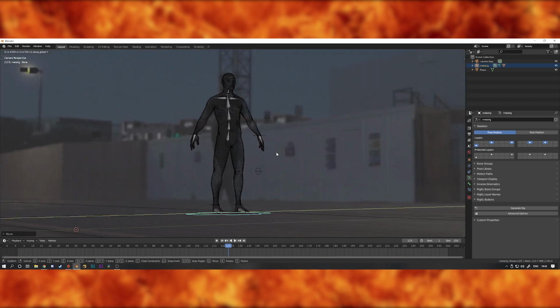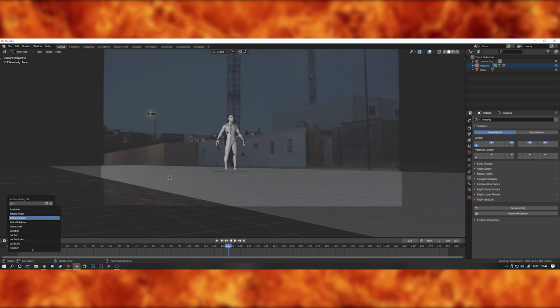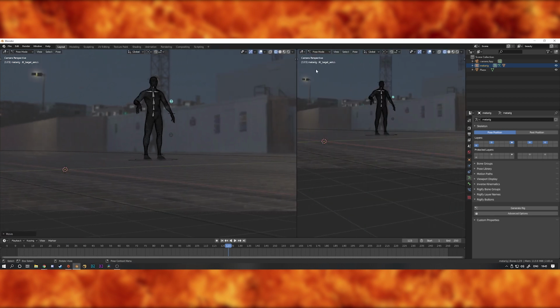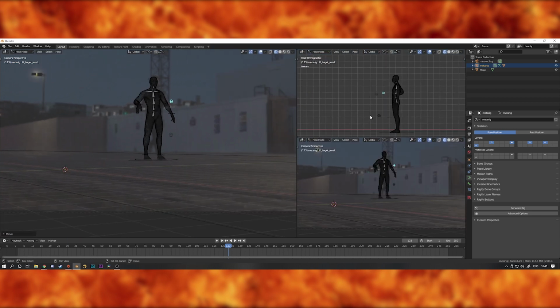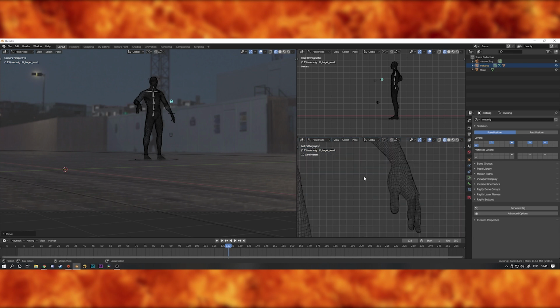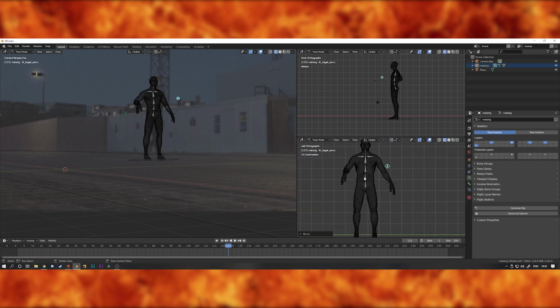that's the correct location. Now go to the keying menu and change active keying set to location and rotation. This means whenever you press I, all of the bones selected will have a keyframe for location and rotation added to them. When I was doing this, I found that splitting up the viewport and having a camera view, front-on view and a side-on view was really useful for moving the body parts instead of having to constantly rotate around